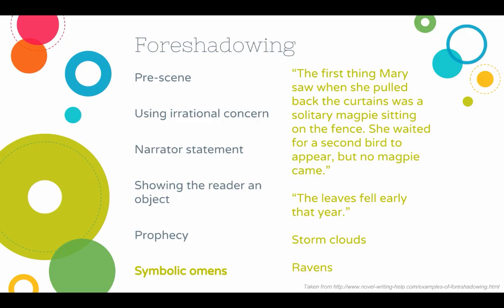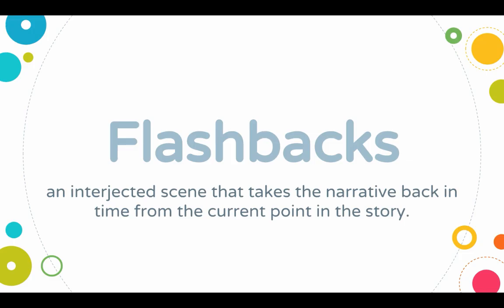The leaves fell early that year is a famous line by Ernest Hemingway that foreshadows an early death in the opening line of A Farewell to Arms. Storm clouds and ravens are also symbolic foreshadowing elements. In novels, symbolism is important. It counts. Now we're going to talk about flashbacks, and most of you already know what this is, but basically